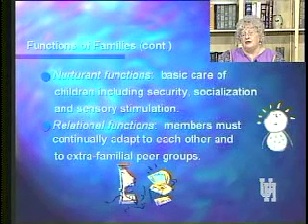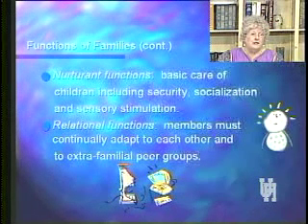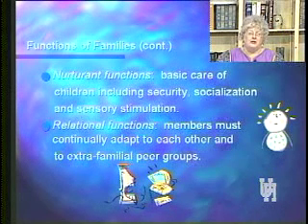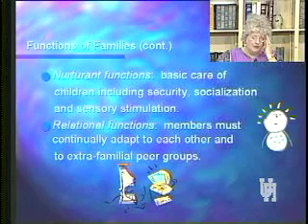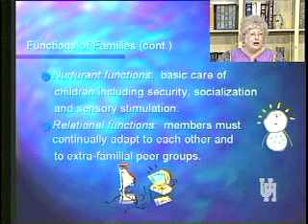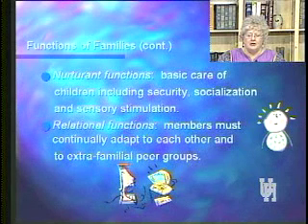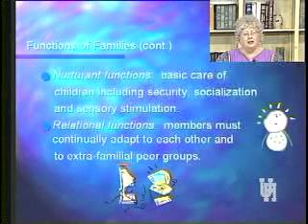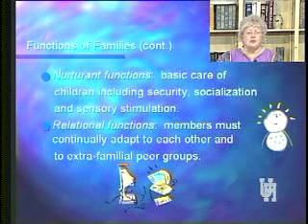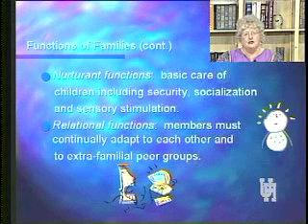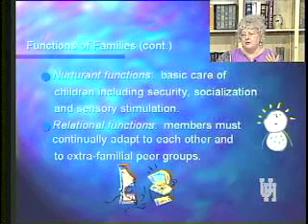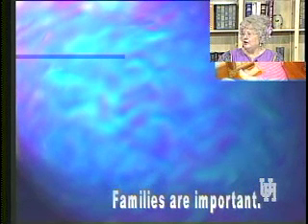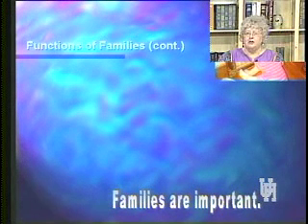And this is one of the functions of the family, to help set those parameters for the other family members. Whether it's indicating to a parent that they're being gone too much and not showing up for enough school functions or family outings, or usually it's parameters that are being set on the children, particularly the teens. I like the motto of a school that I was familiar with years ago that said, we give our children roots and wings. And that's a logical, appropriate description of what a family ought to do. There should be those nurturing roots that hold on, but there should also be the wings that give them the freedom to go on. And just families are very important.